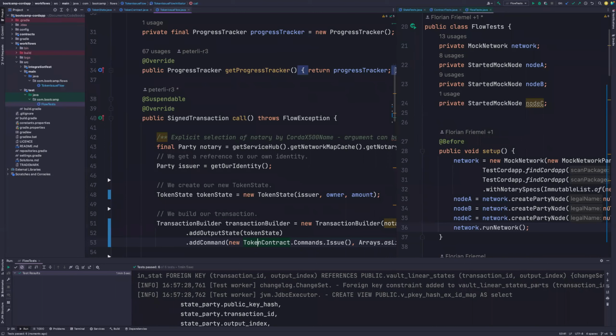We are looking for finality of the flow, because we are dealing with, let's say, high value transactions. We do not want a transaction to hang. We want it to either finish with a success or fail,